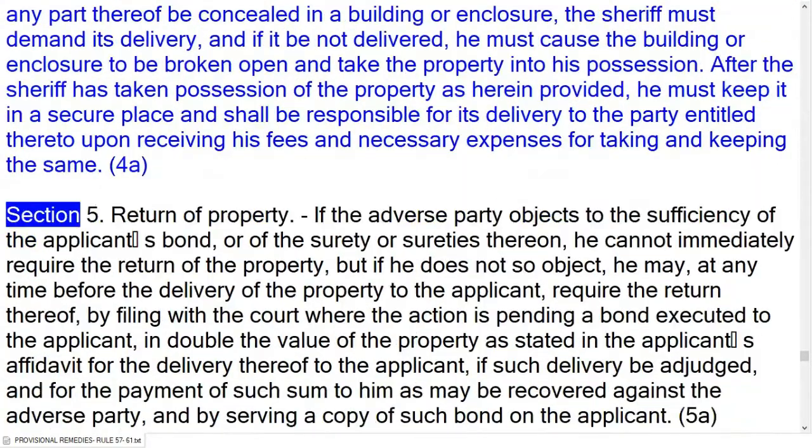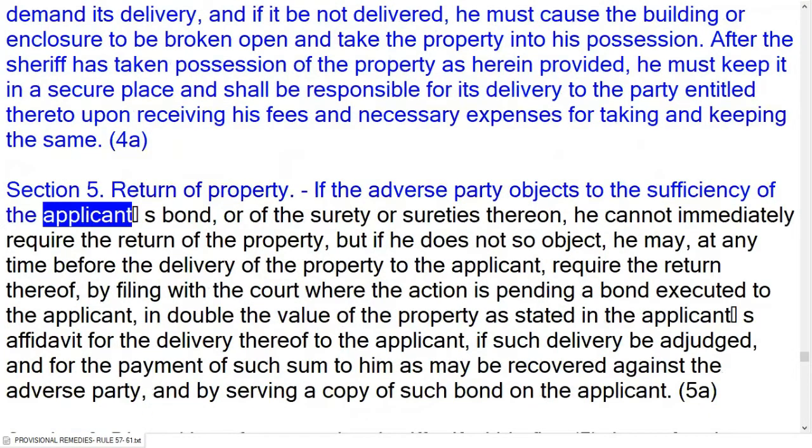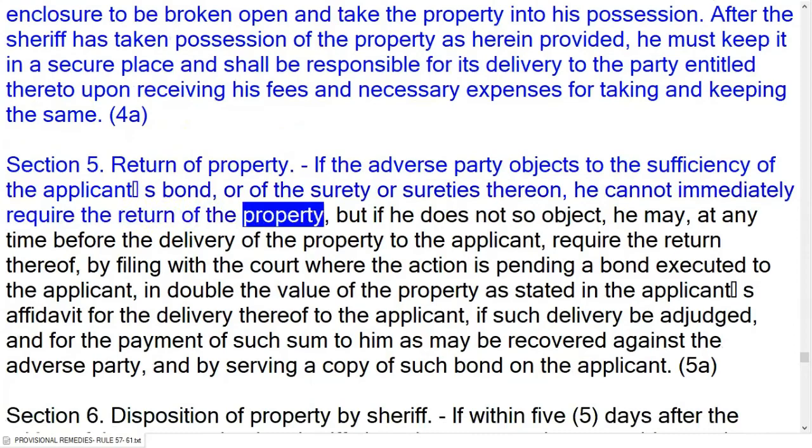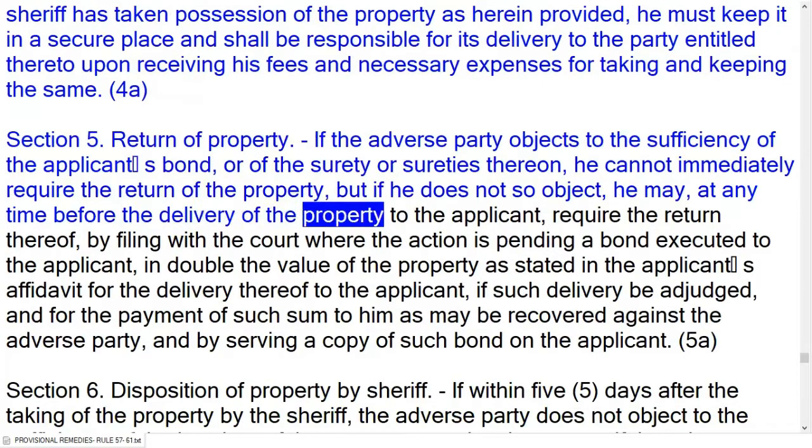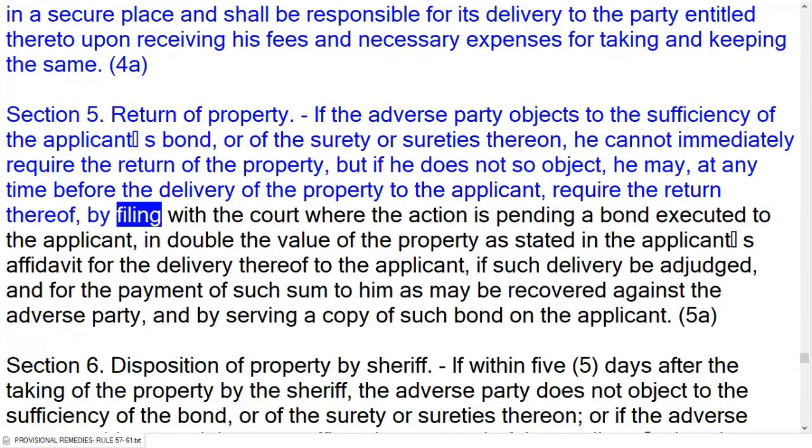4a. Section 5. Return of property. If the adverse party objects to the sufficiency of the applicant's bond, or of the surety or sureties thereon, he cannot immediately require the return of the property, but if he does not so object, he may, at any time before the delivery of the property to the applicant, require the return thereof, by filing with the court where